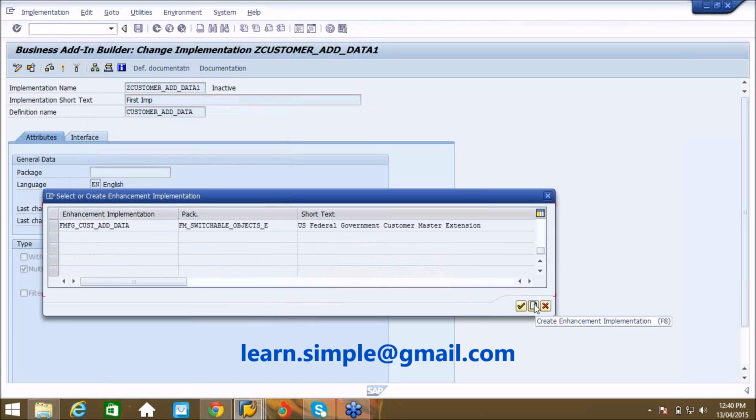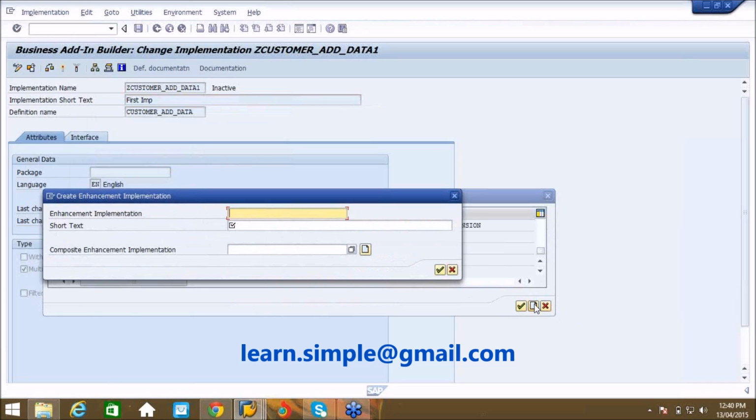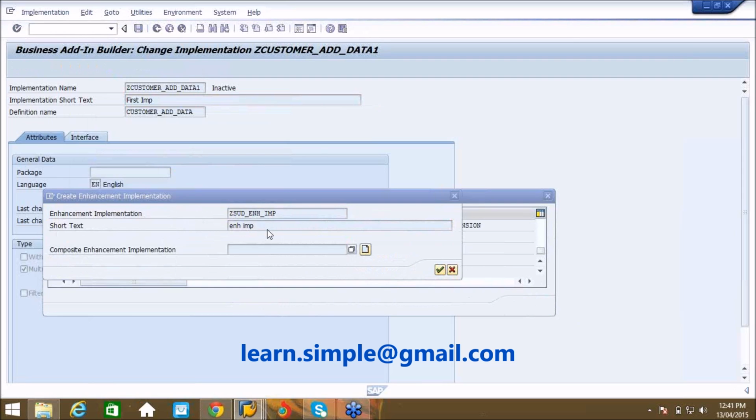There is a button here to create one. I will say this is the enhancement implementation whose name is ZSUD_ENHIMP. Continue.